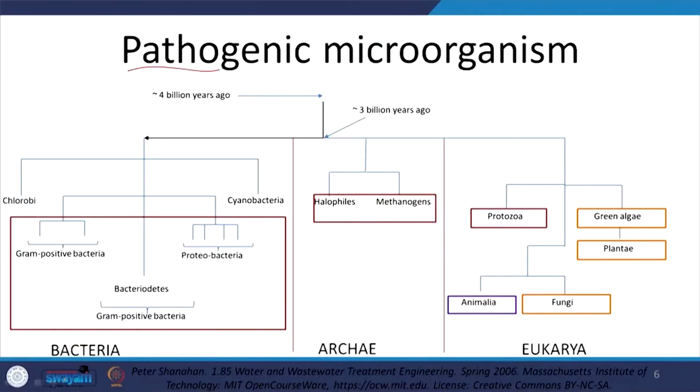General aspect, pathogenic, I should not have used the term pathogenic microorganisms. So, microorganisms, we see the evolution and such, 3 billion years ago. So, bacteria and archaea. Please do not use me as a reference for pronunciation. We call the bacteria and archaea together as prokaryotes, and the bigger and more complex forms as eukaryotes, let